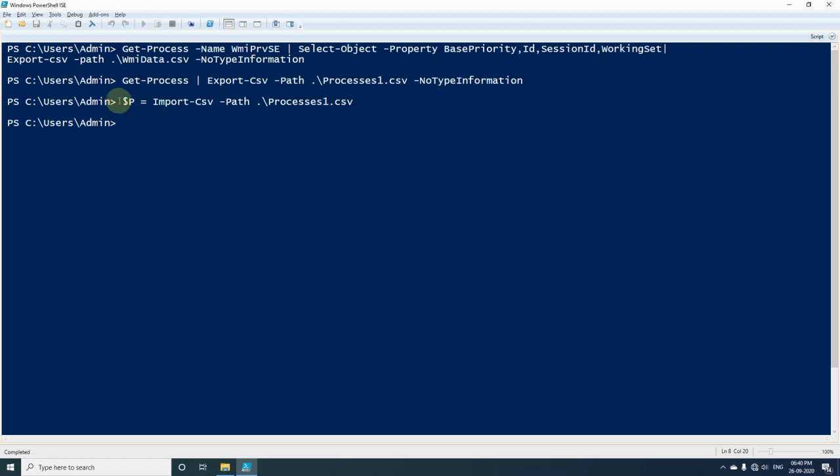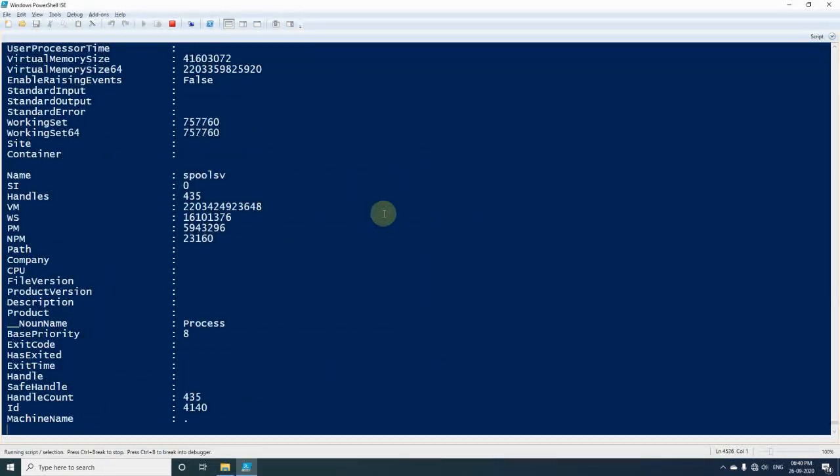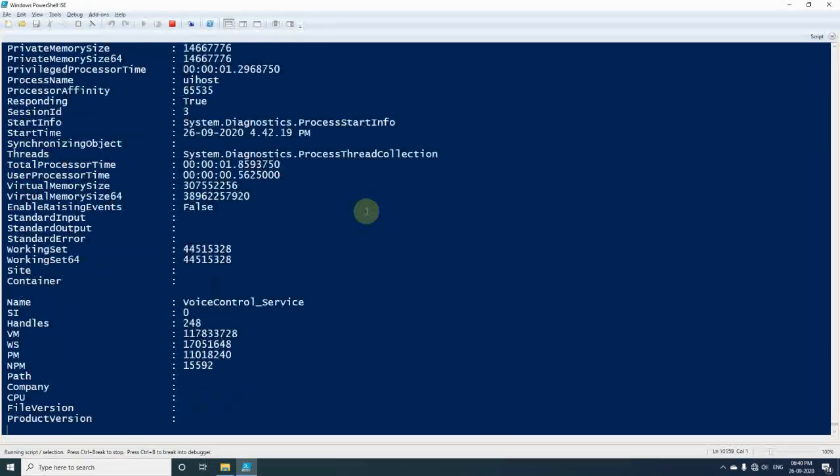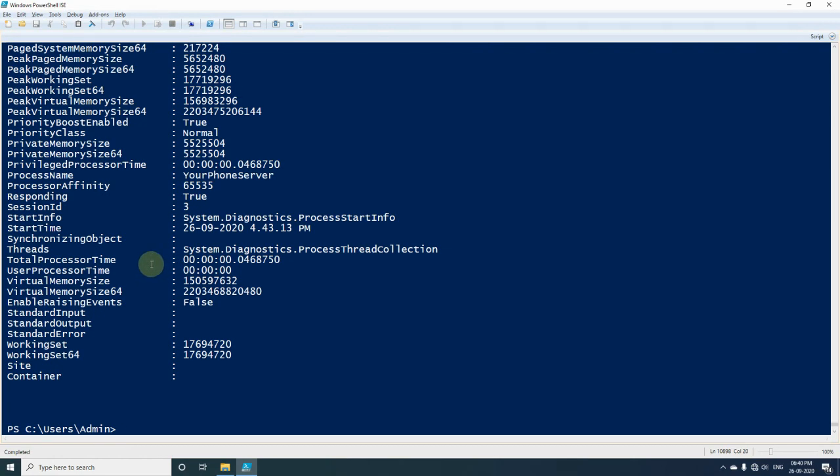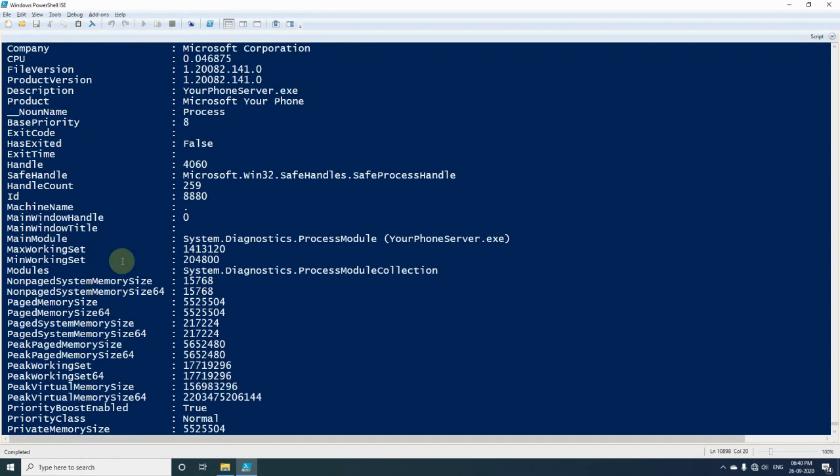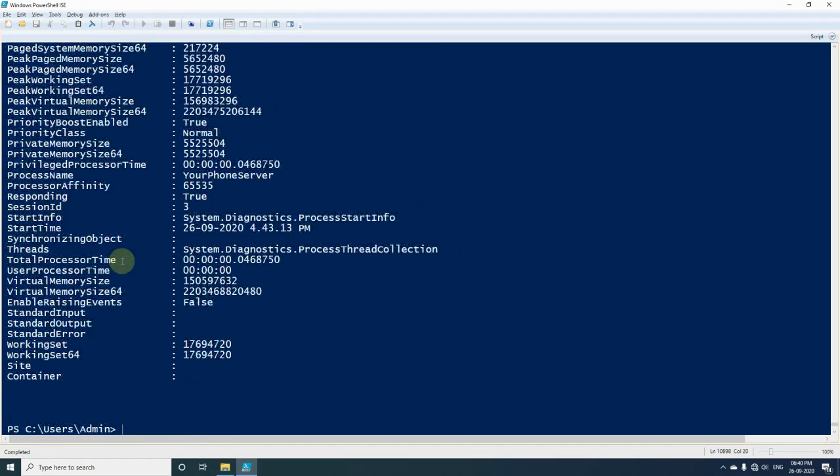After I have executed, if I try to print this one, we will get everything displayed on the screen. If I execute this now, you will see that everything has been printed on the screen, since it contains a lot of properties and that cannot be displayed in tabular format.